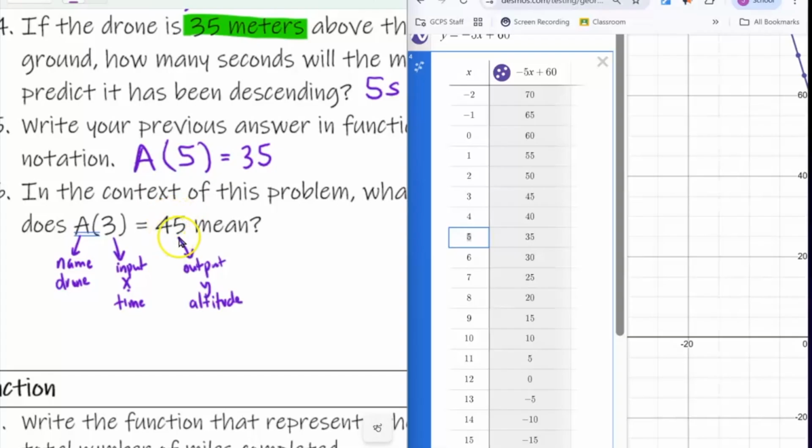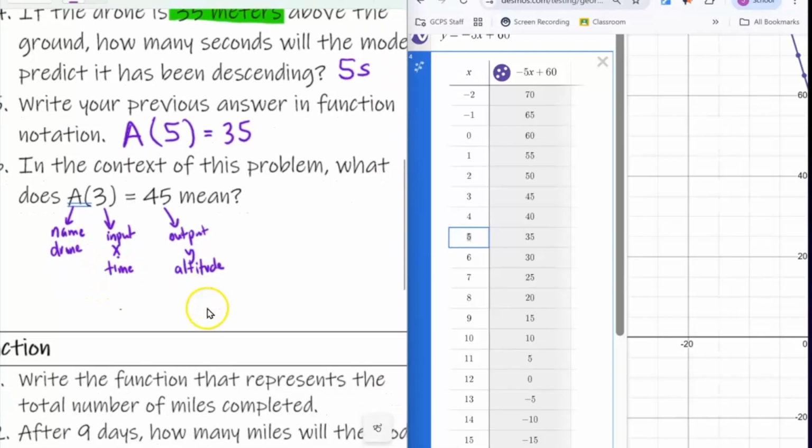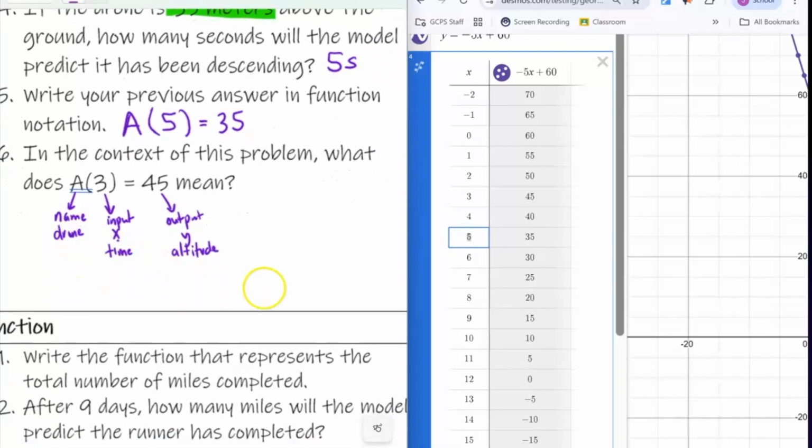At an altitude of 45 meters, I use the name and the 45, my drone, the name of the function, was 3 seconds, was at that height after 3 seconds. All right, so that one is a little bit harder. So just use the first one that comes to your mind. And for me, I'm just going to say after